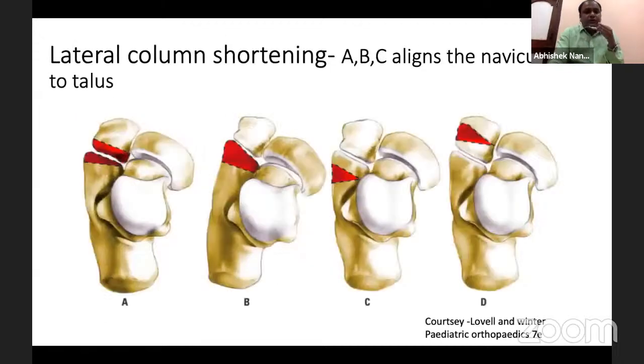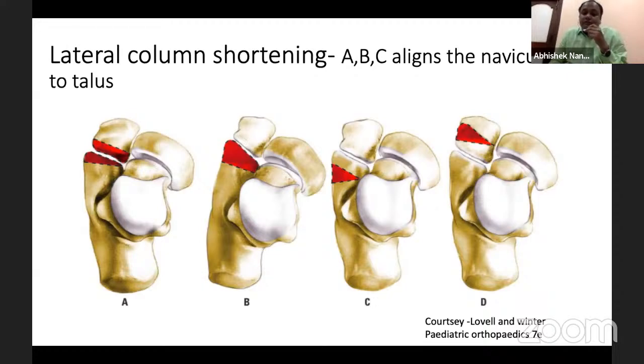This is the pictorial view. First is the Evans technique, which we generally do after 4 years, because before 4 the bones will be generally cartilage and it will not fuse. So it is a calcaneocuboid excision and fusion. Second is the Lichtblau procedure, which can be done after 2 years of age. Now the thing is, here we produce a pseudarthrosis.